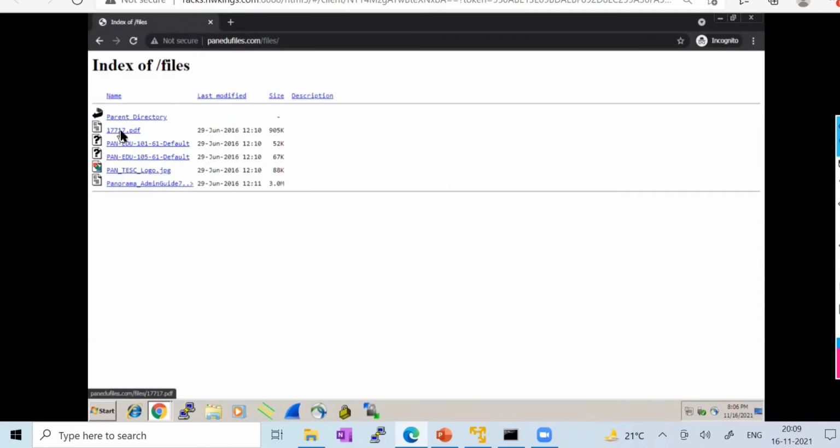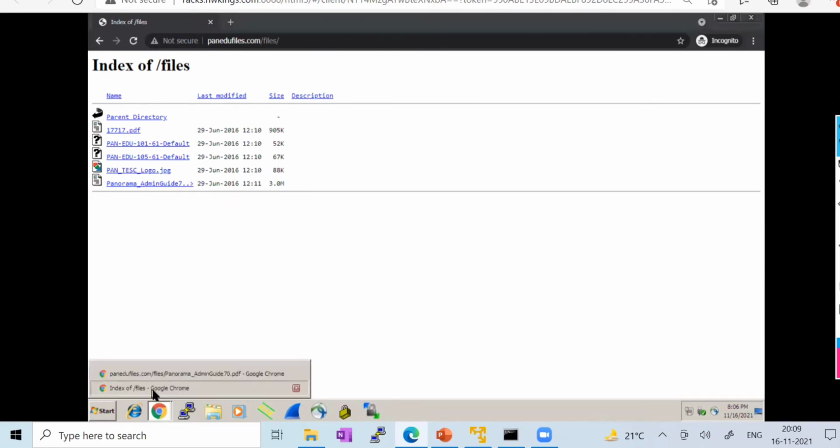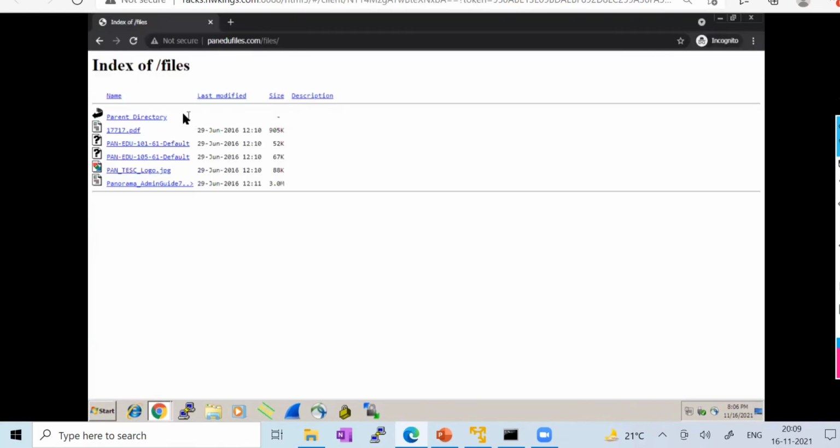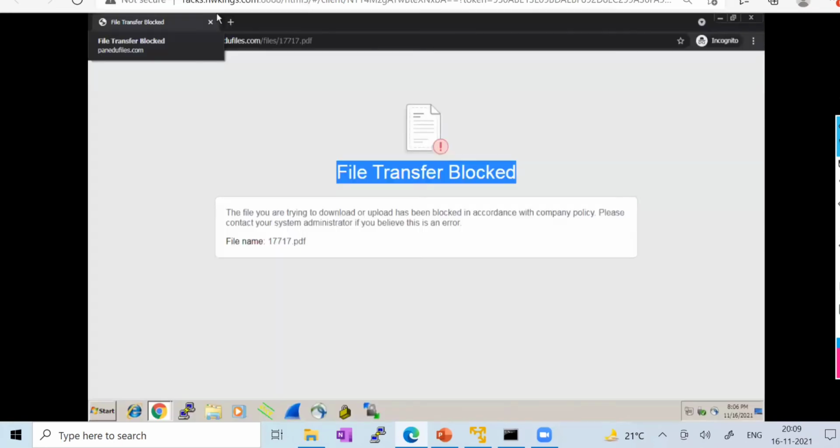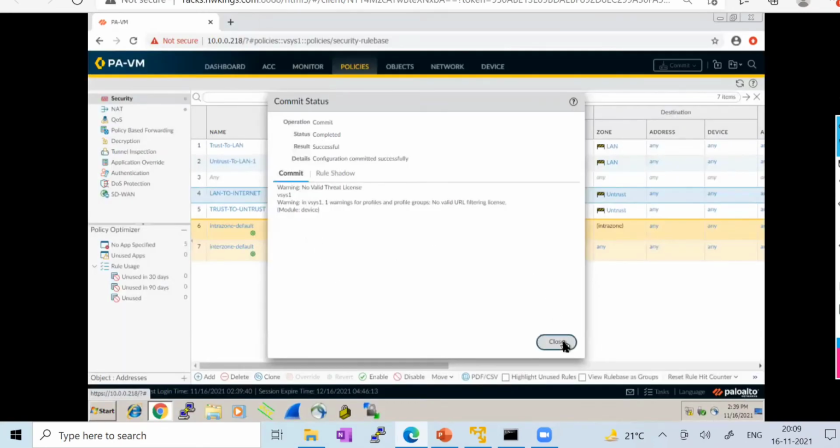So this is a PDF file. We'll try with this one. This is almost downloading, but let me meanwhile click on this one and see what is happening. See, the file transfer has been blocked. So we understand that this file has been blocked by the firewall after the policy,